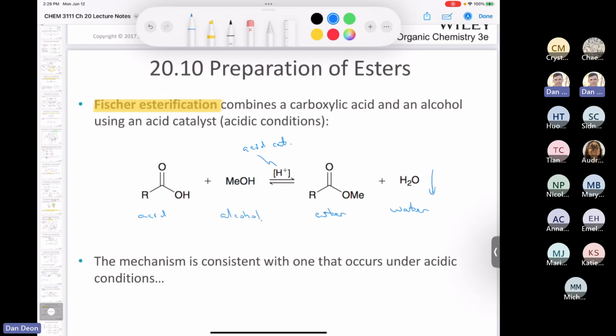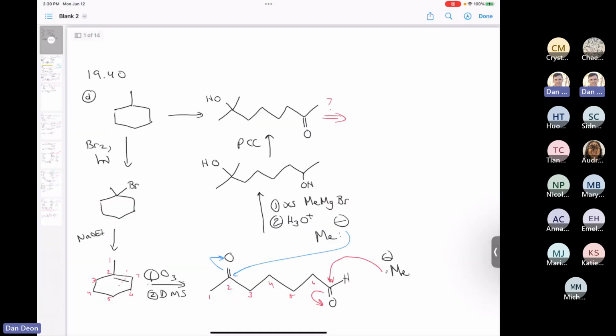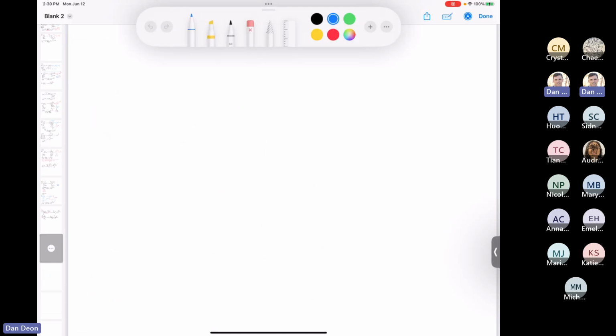Now, you want to be able to draw the mechanism of this reaction. And I think that I have a question later on where we draw the hydrolysis of an ester. But this is one of the most important reactions in all of organic chemistry. So you know what? Let's go over to a blank document and draw the whole thing. Pardon my language. Come on, Mr. Dion, what are you doing? All right. I think this is such an important reaction. Let's just park it here for a second. So Fischer